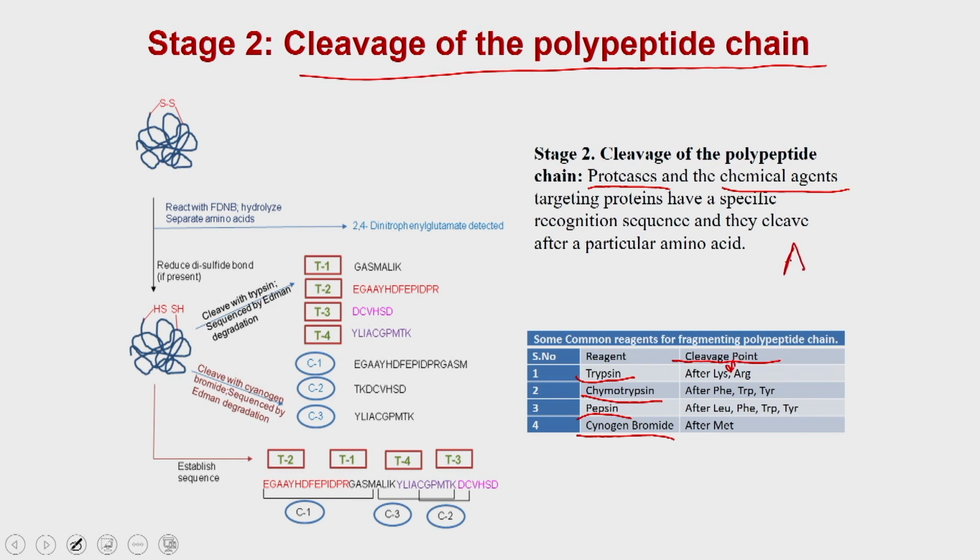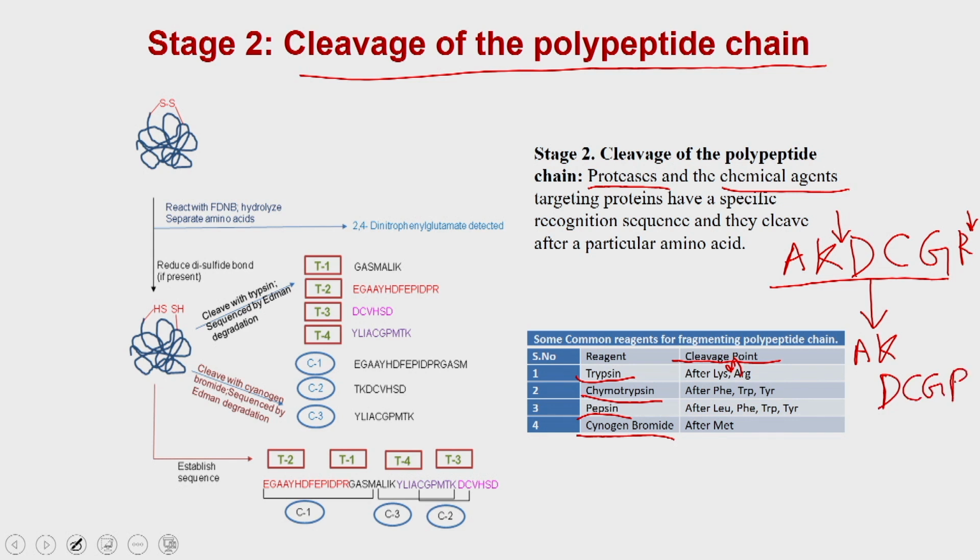So, suppose you have a protein like this, and you treat it with trypsin. As I said, trypsin is going to cleave just after the lysine, so it is going to cleave here. And if there is an arginine, then it is going to cleave just after the arginine. So, if you treat this particular peptide, what are you going to get? You are going to get two fragments. These are the two different fragments you are going to get if it is a 7 amino acid long